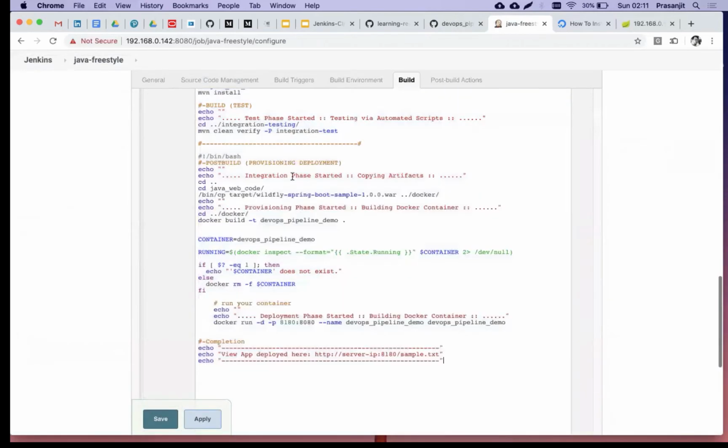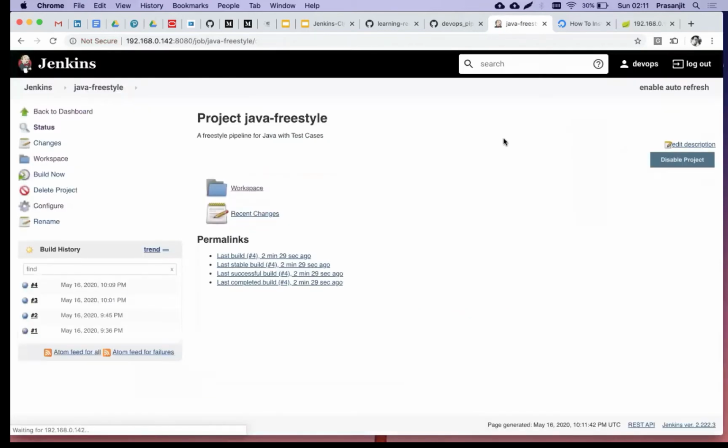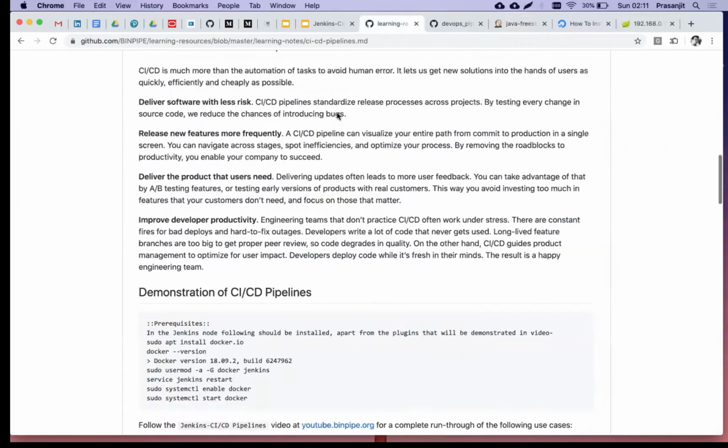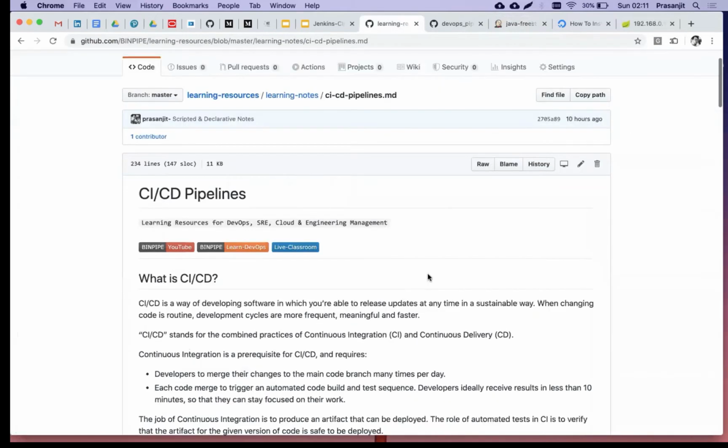So I just paste everything and run it. While it is running, I will also update this repository